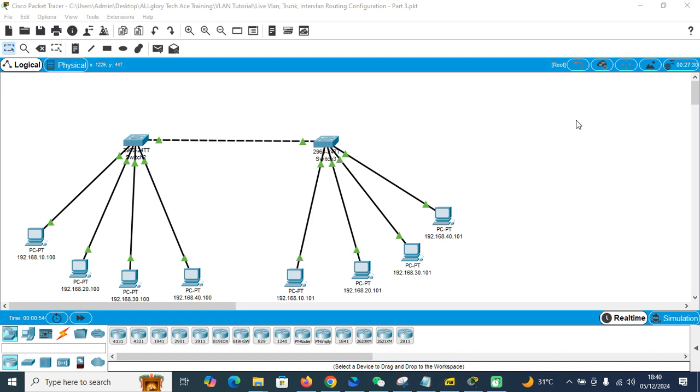Today I will be configuring the router part of this network on InterVLAN routing configuration, which happens to be the last